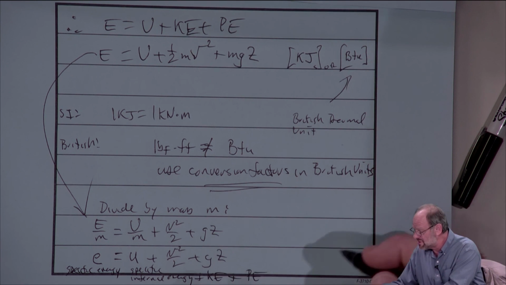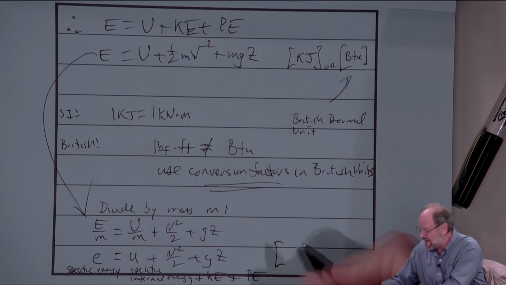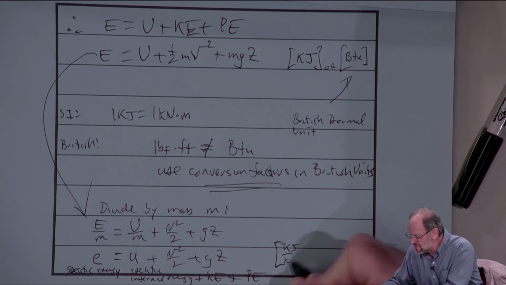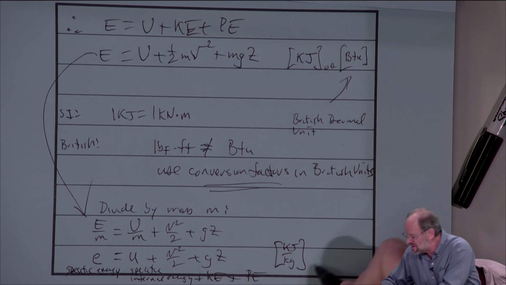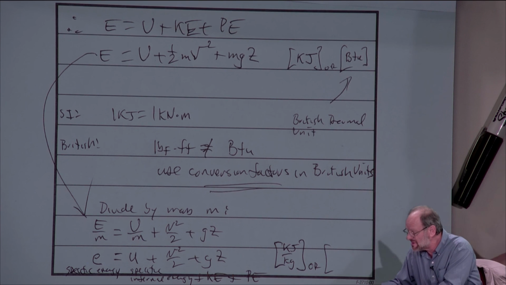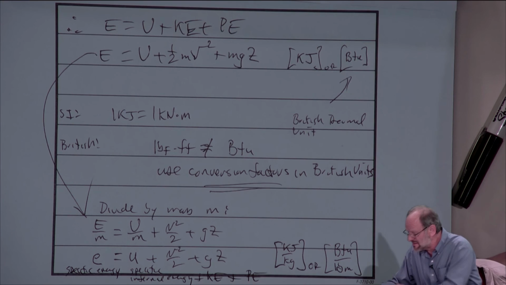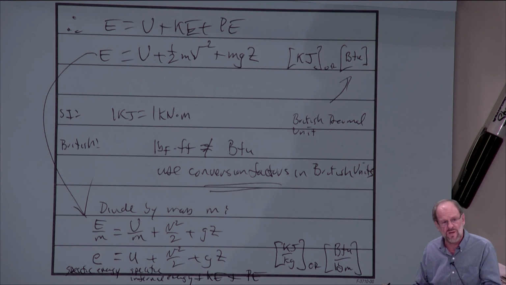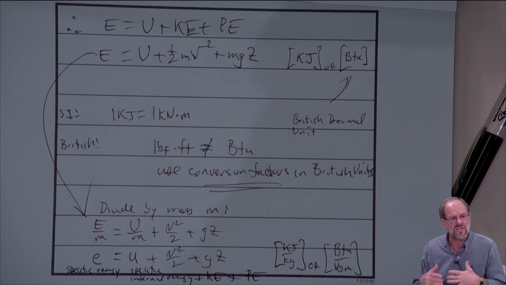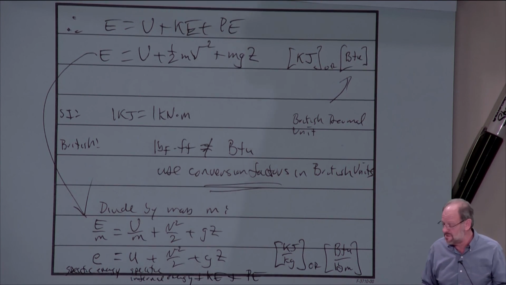If we look at the units associated with this problem, the units are going to be the same as above, but divided by mass, right? So it's either going to be kilojoules per kilogram would be the typical units for specific energy or specific internal energy, or if we have the British system, then it would be typically BTUs per pound mass. Sometimes foot-pounds force per pound mass, but more often than not, BTUs per pound mass. And in fact, when we look at our property tables, we'll see that the BTU is the more common energy unit when we're dealing with the British system.